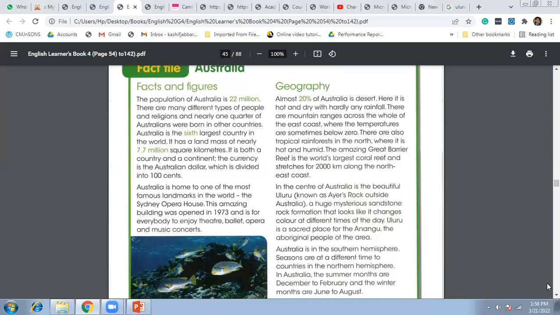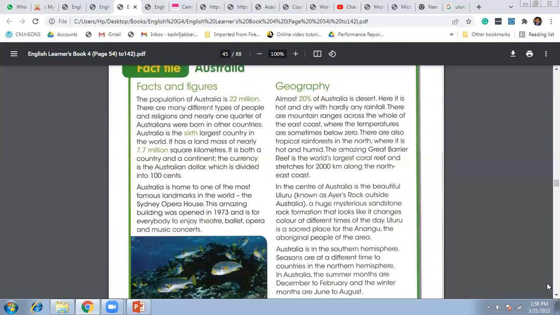There are also tropical rainforests in the north where it is hot and humid, like we have seen in the previous lesson about what type of weather it is. So the amazing Great Barrier Reef is the world's largest coral reef, and it stretches for 2,000 kilometers along